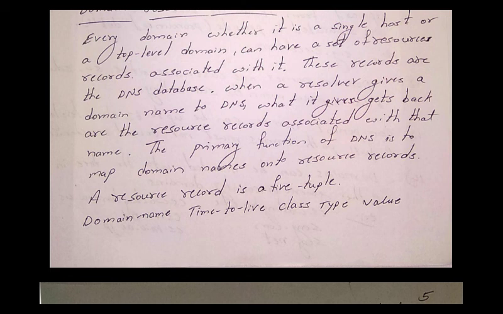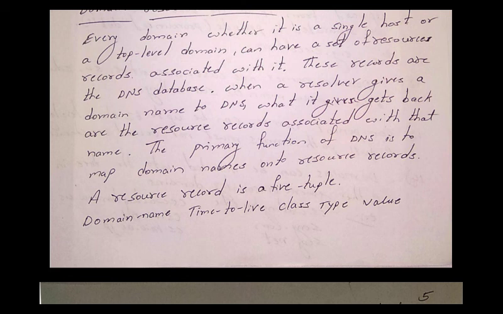If the type is NS, what value is going to be returned about that domain? The value field gives the domain name for a host that is running a name server. NS is a name server. So what is it going to return? The name of a server for this particular domain. The value field gives the domain name for a host that is running a name server that knows how to resolve names within the specified domain.